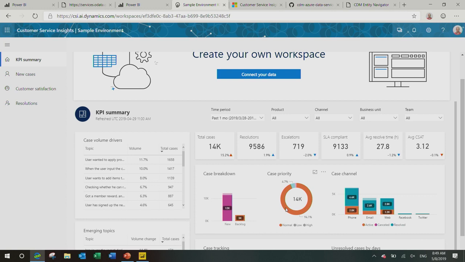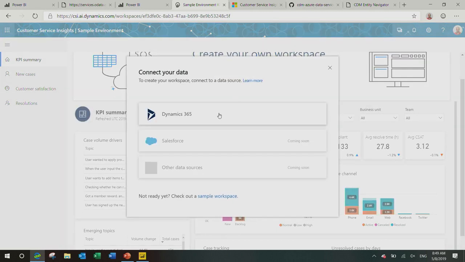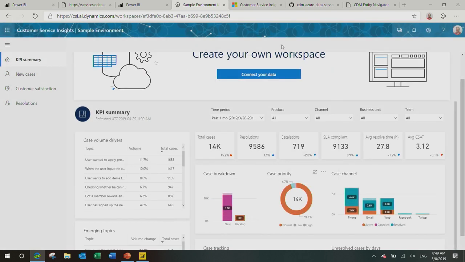Now, it would be nice if this application would work over multiple different types of sources. In this particular case, what we have publicly available is that this application can be connected to a Dynamics 365 environment, but you also see there are other options coming, and one of them is Salesforce. So how would you go about building such a thing, a singular BI application where you can leverage some of the things that we showed you as an application builder and ultimately make it work over multiple different types of sources?